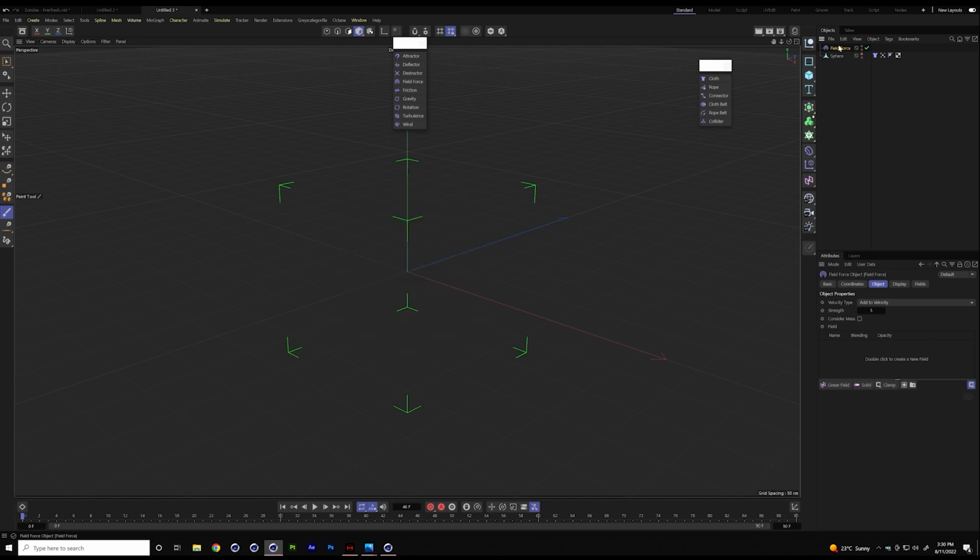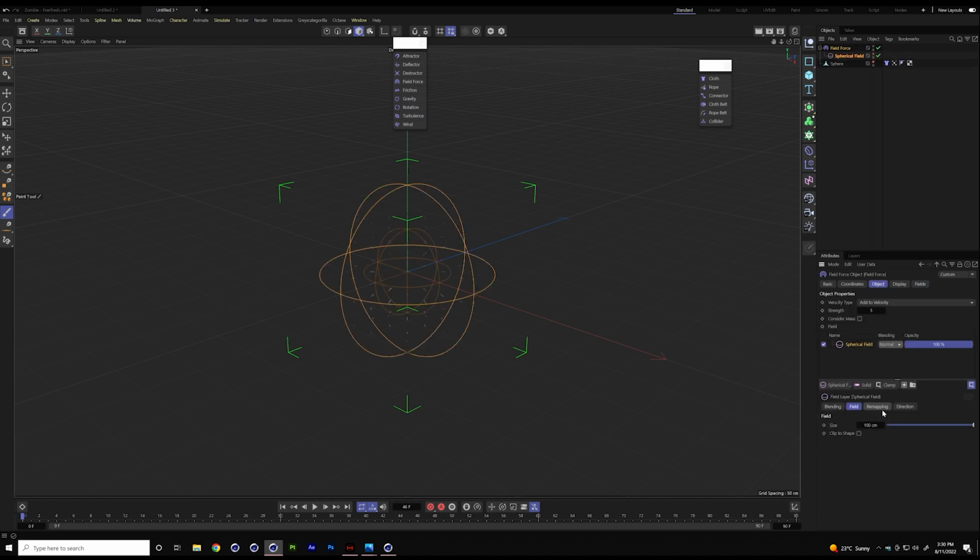Let me just hide this. In the field force inside here, you add fields and it creates forces that are pointing from the larger value to the smaller value, or the opposite. I don't remember. So the higher to the lower, or lower to the higher. You can always go here and change direction. I'm going to show you in a second. I'm going to create a spherical field because that is what makes these vectors, these forces, point to the center.